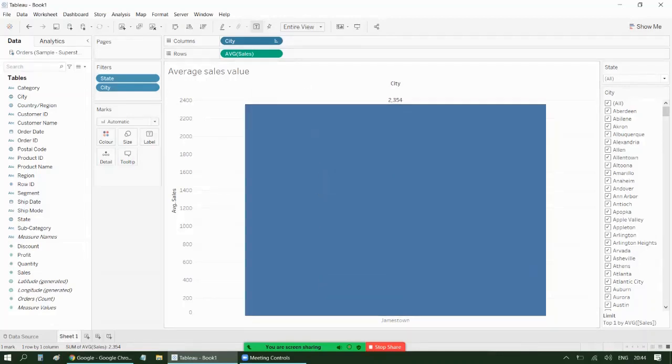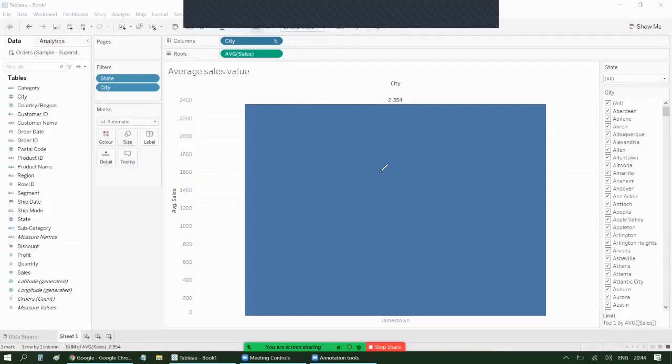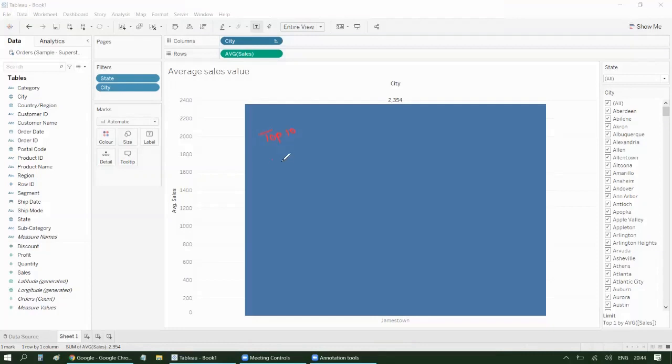So let's say your user, let me change the color, right? Let's say one user is looking for, let's say, top 10, another user is looking for top 20, another user is looking for, let's say, top 7. You cannot create different charts for them. Instead, what we can do is provide a control to the user, right? And in that control, if they want to select top 3, they can type 3. If they want top 5, they can select 5. If they want top 50, they can do 50.